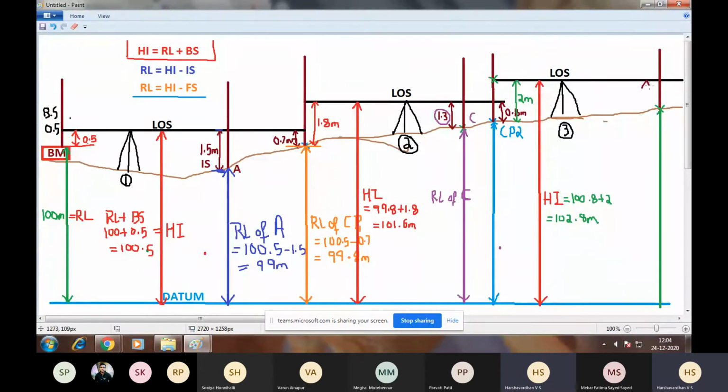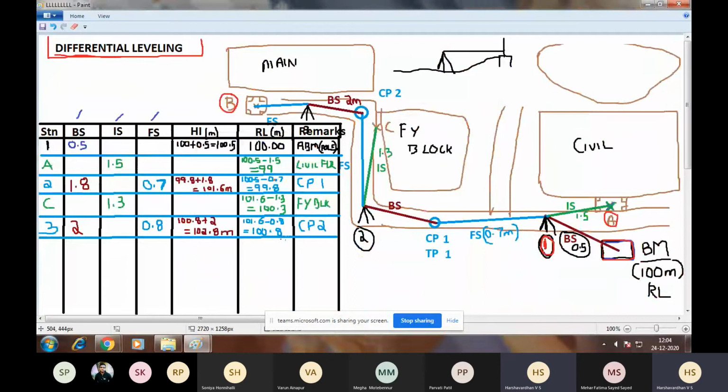Now let's say I get a staff reading of 0.8 meters, or let's say 1.3 meters. This is the staff reading, and it is the last staff reading. I don't know the elevation of the floor of the main building.